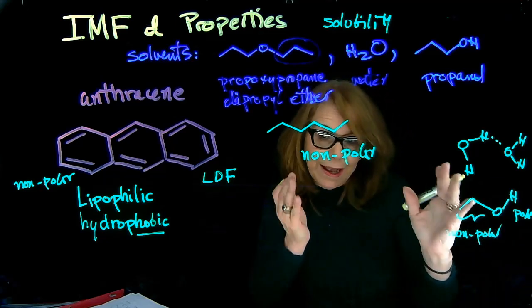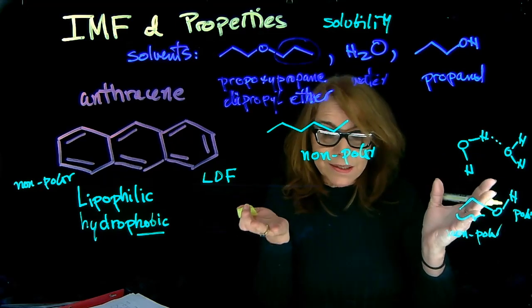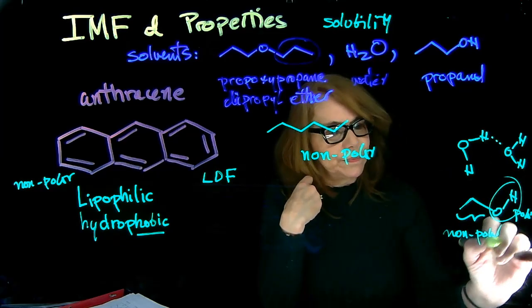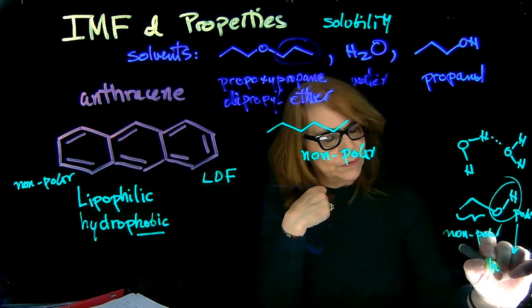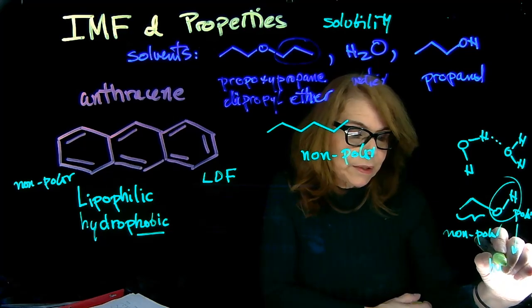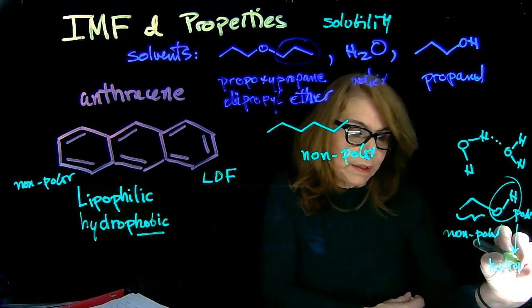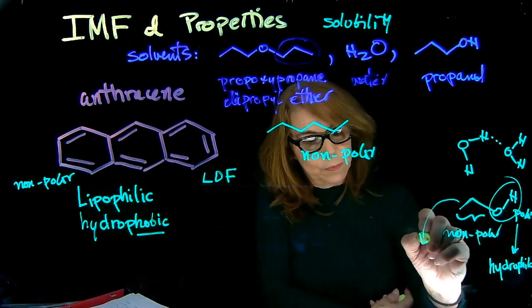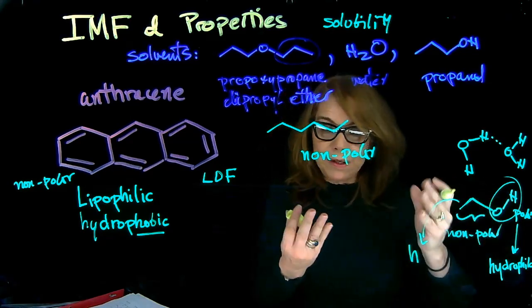So we can say it has a balance, if you will, with a hydrophilic portion. That part would like water because it can do the same type of interaction. So hydrophilic. And this is hydrophobic, this part. But having about the same relative weight,